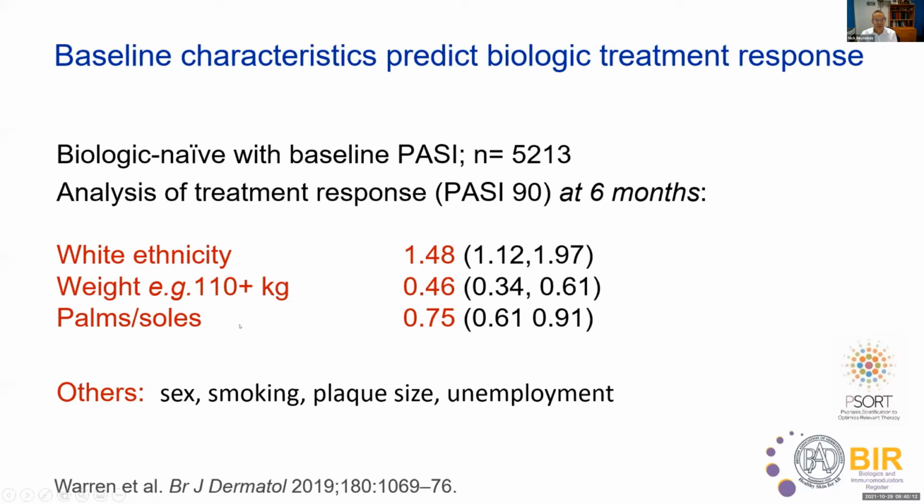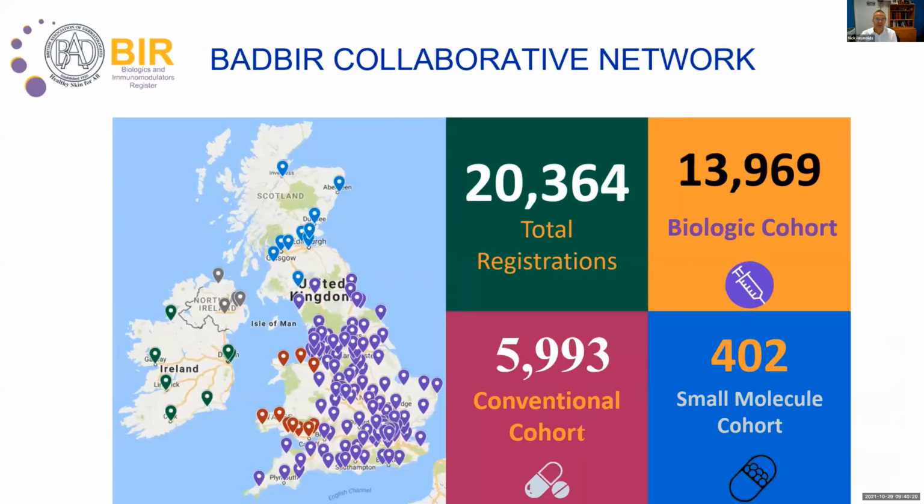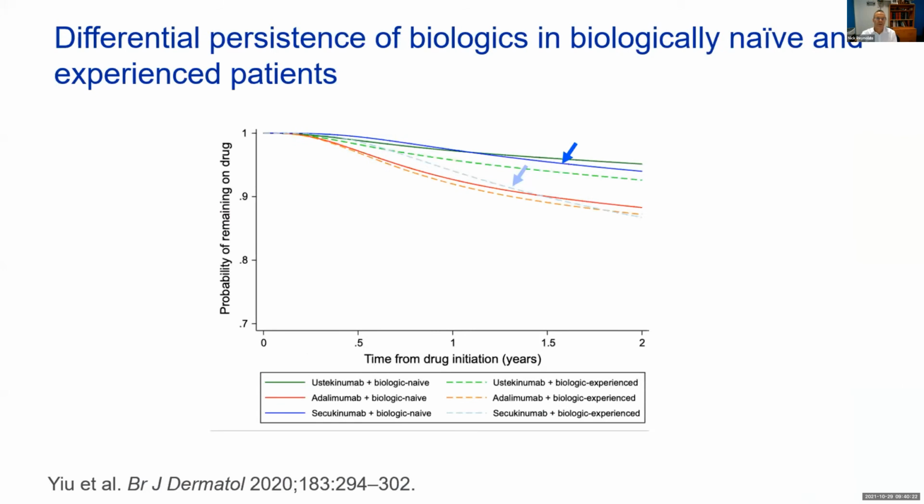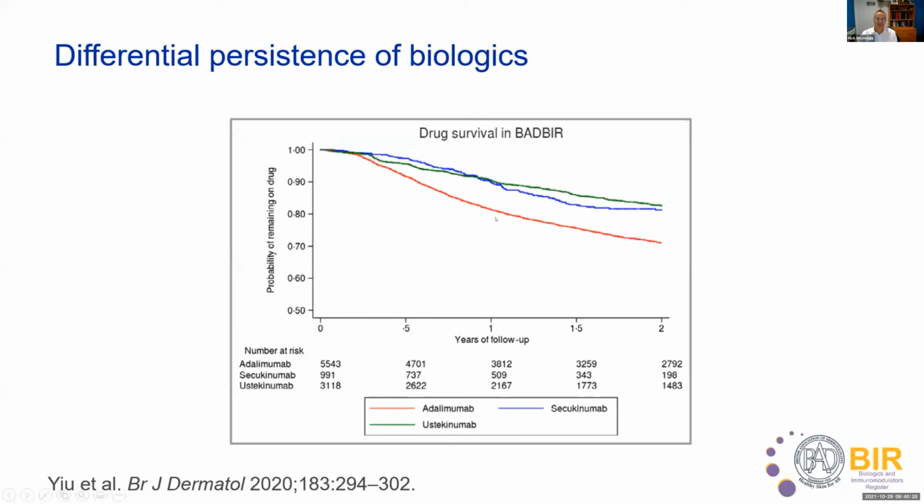And so this really underscored the need for biomarkers to accompany these clinical factors and to combine them, and that will give us a greater degree of outcome prediction. But before I get to biomarkers, I want to just illustrate that persistence is dependent on drug.